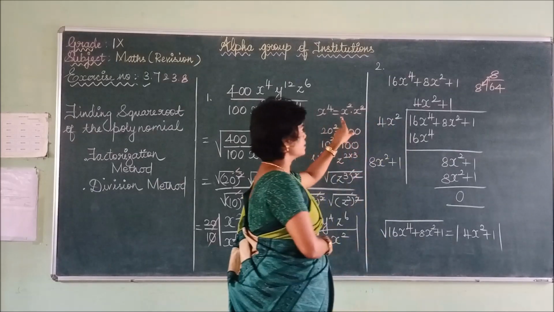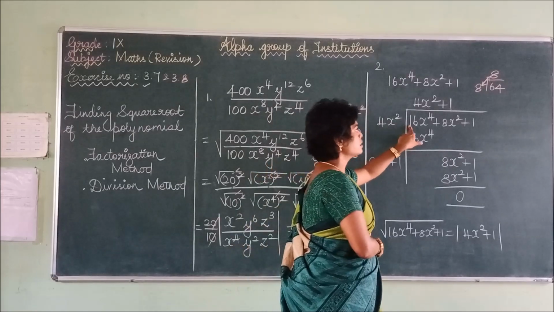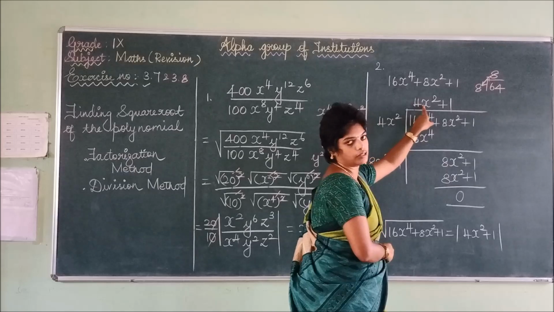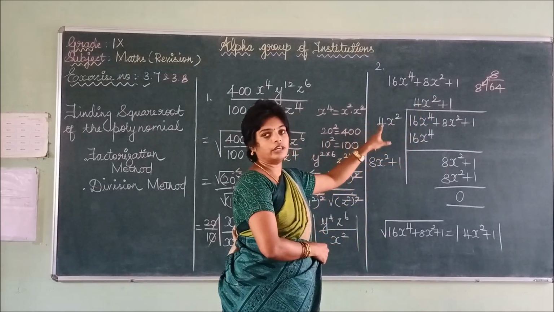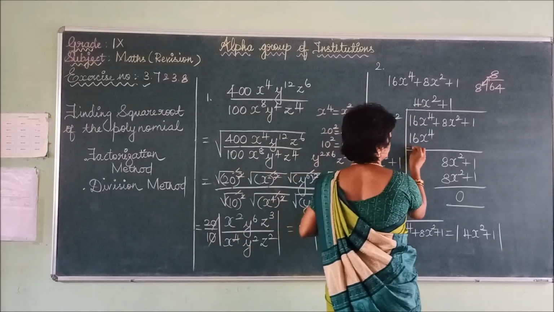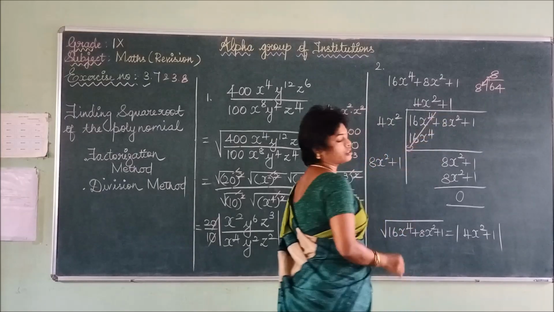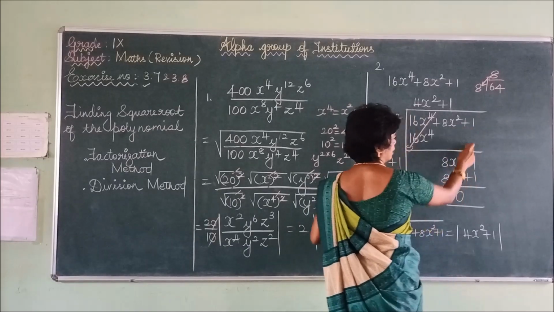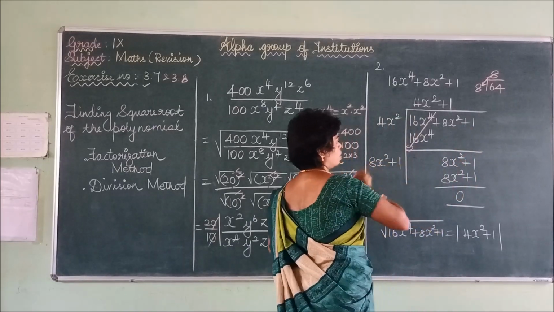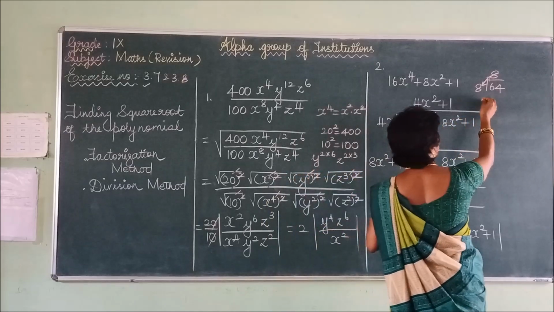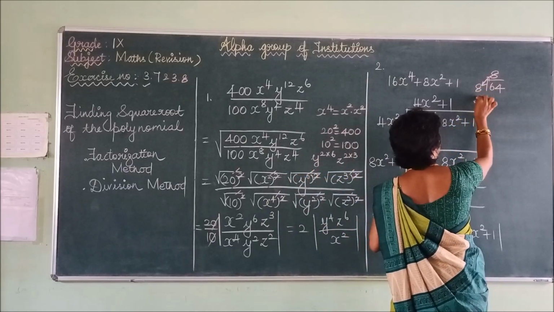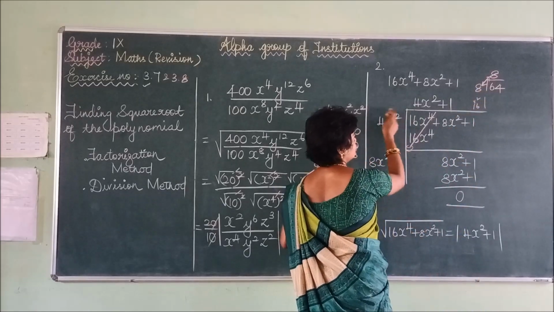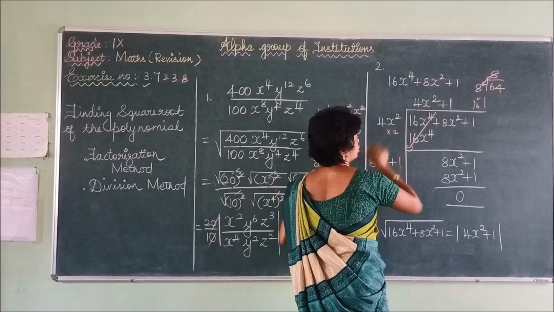That x power 4 is x squared into x squared. So that 16 x power 4 can be replaced as 4x squared into 4x squared. 4 4s are 16, x squared into x squared is x power 4. So changing the sign, these two values get cancelled. What are the remaining terms? 8x squared plus 1. So you can take that 8x squared plus 1. So in the long division method, for the remaining terms you have to multiply this value into 2. That means 16. So similarly you can multiply this expression into 2.